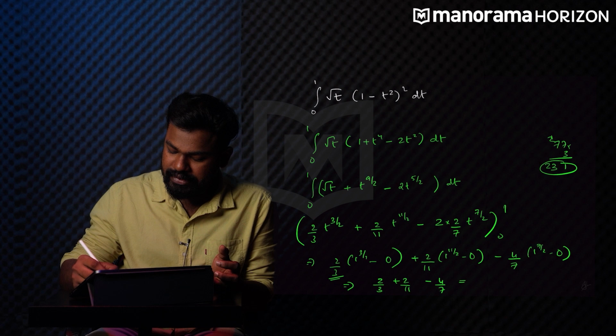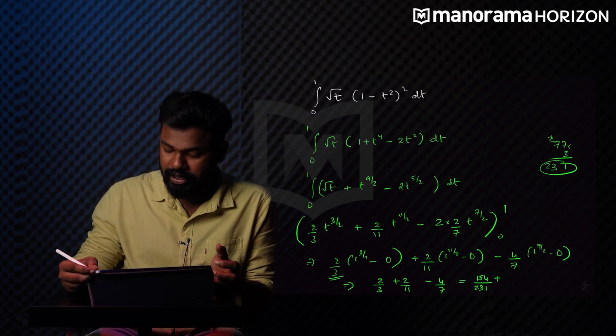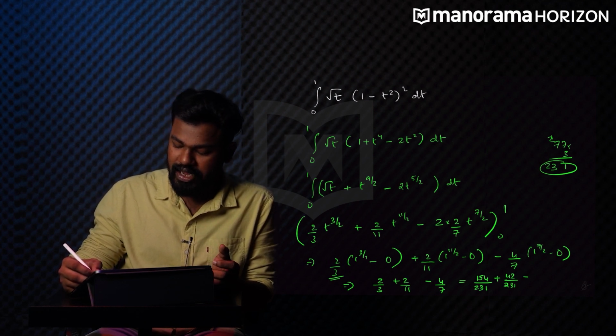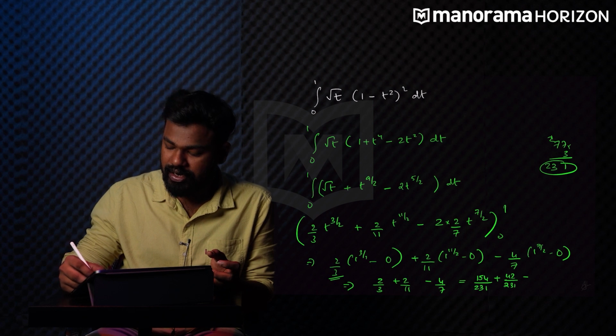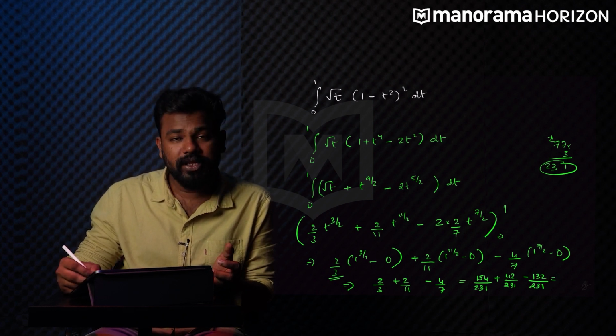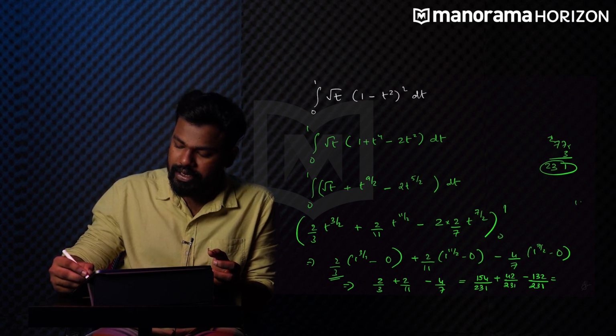So you will be getting 2 into 77 will be 154 by 231, plus 2 by 11. You have to multiply with 21. So you will be getting 42 by 231, minus 4 by 7. You have to multiply with 33, and 33 into 4 you will be getting as 132 by 231. So 154 plus 42, 196 minus 132, you will be getting it as